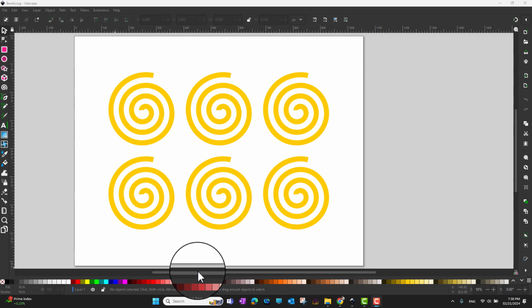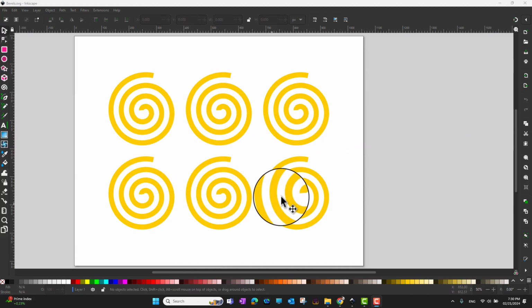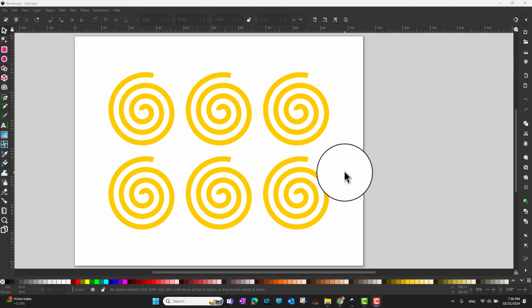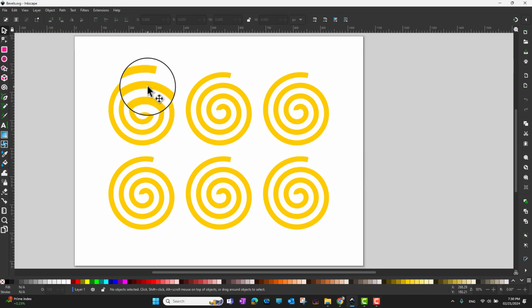Hi guys, welcome to another Inkscape video tutorial in which we are gonna go into SVG filters and then we are gonna apply some kind of bumps and bevel filters into our spirals. So right now you can see here in my Inkscape window, I have already a few spirals where I'm gonna apply different kinds of filters. So for that what I'm gonna do is I'm just gonna select a spiral and then